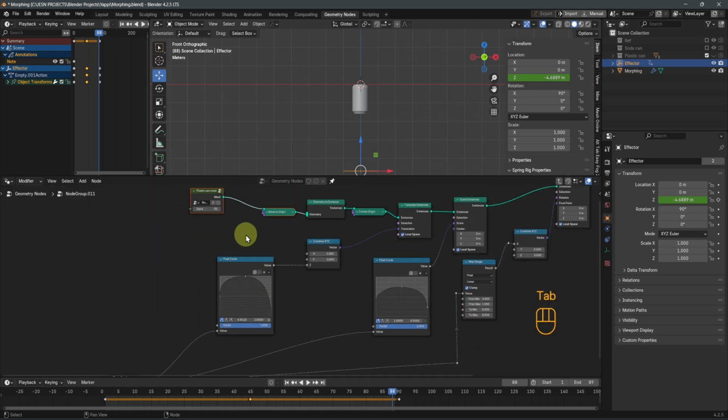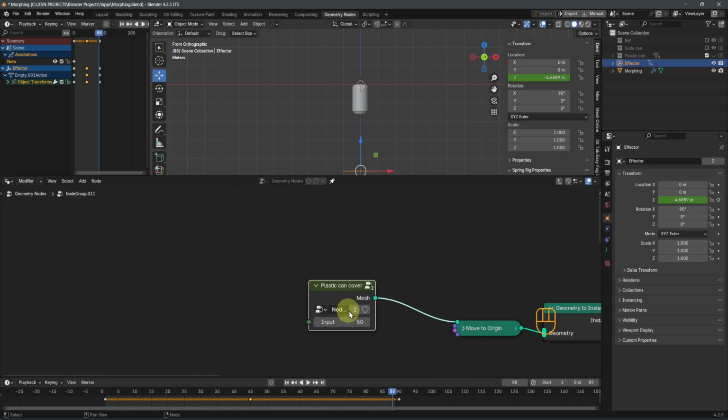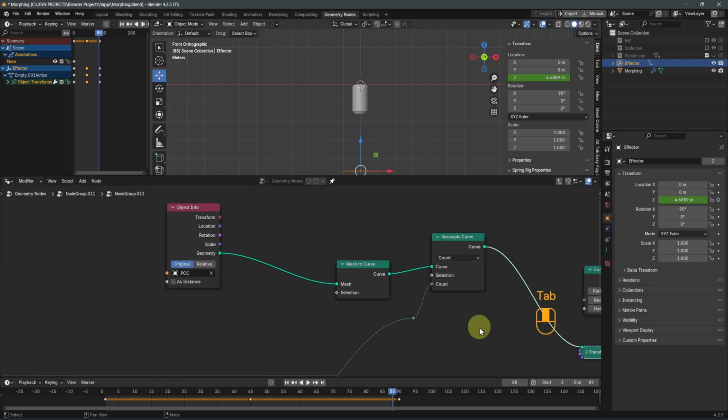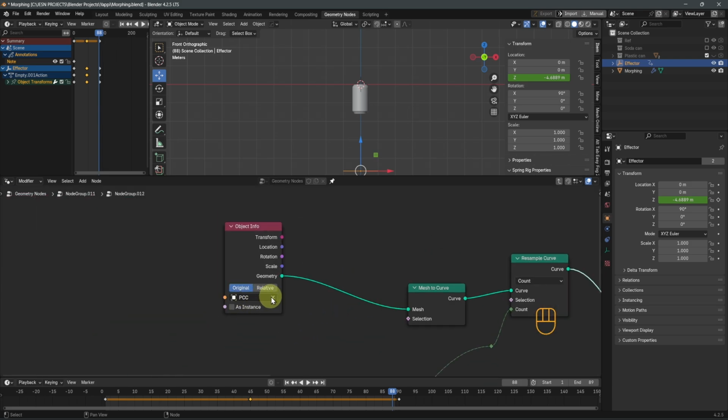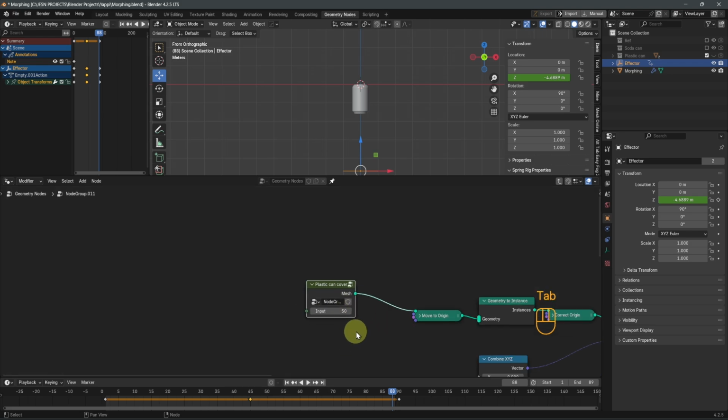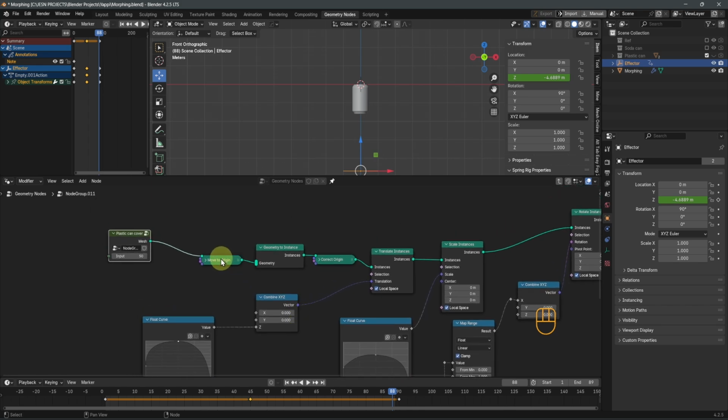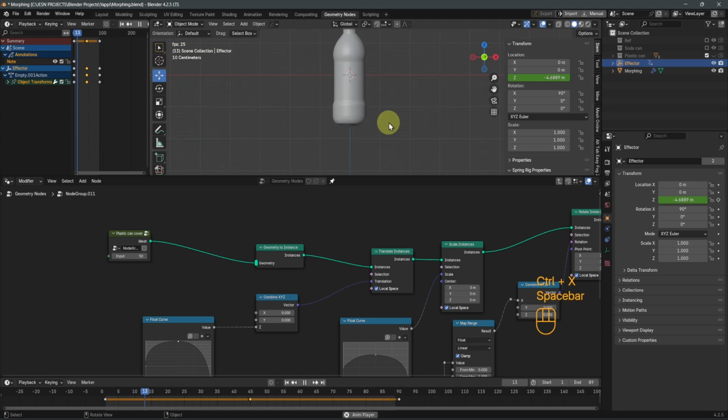Then let's go inside the node. Let's come here. Remember, make single user again, and then let's come into the node, and then let's change from the plastic can cover to the soda can cover. And then we can go back one step by pressing the tab. And then we don't need both of this. Sorry, Ctrl X to dissolve it. You see,